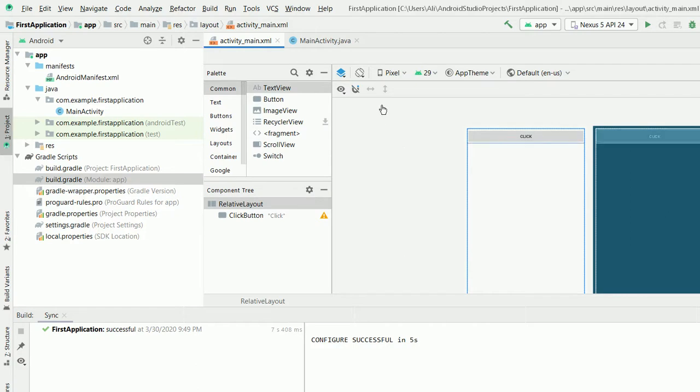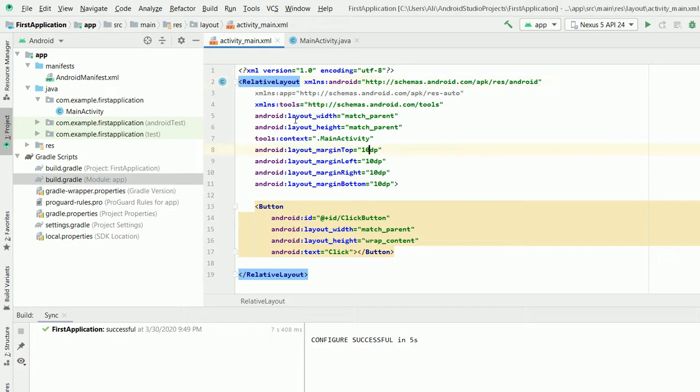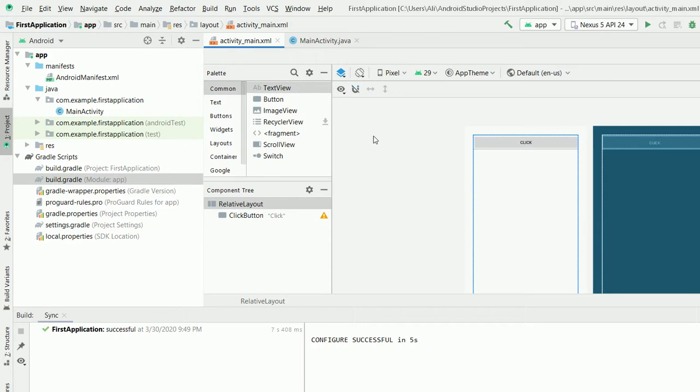it is not touching the boundary. Let me just increase the size from 10 to, let's say, 30, so that it should be more clear for you. You can just see right now, we have a few space. Now look, this is space. You can just see from the top, from the left, so this way basically,